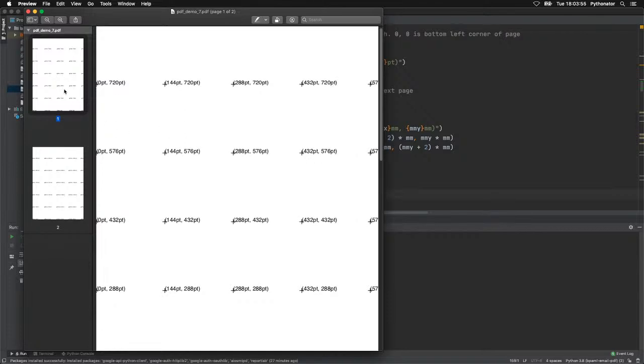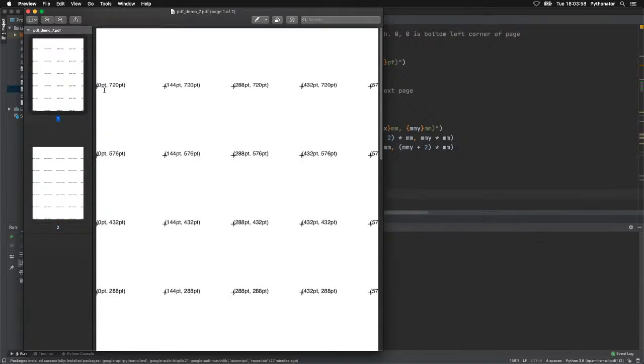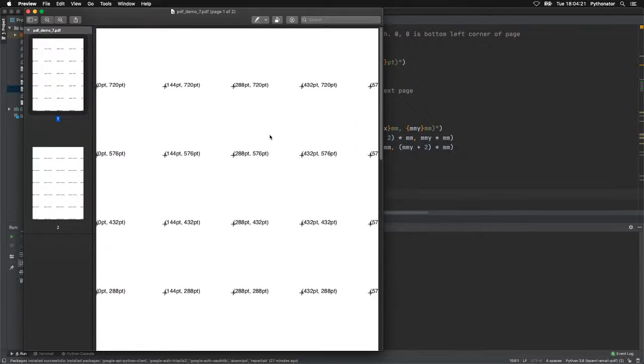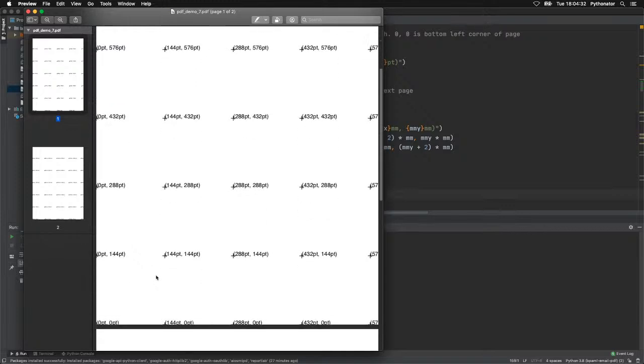I've got page 1, I've got page 2. On page 1 I've got all these coordinates. I can see that 0, 0 is down in the bottom left. 144 points, that's 2 inches, then 4 inches, 6 inches, 8 and a bit inches, so 432 points, and you can see it goes up. So X goes up across the page, Y goes up the page, which is different from most coordinate systems. On computers you start 0, 0 here and then x goes this way and y goes this way. But in this one we're doing it more like the mathematical coordinate system, so the lower left corner is 0, 0,